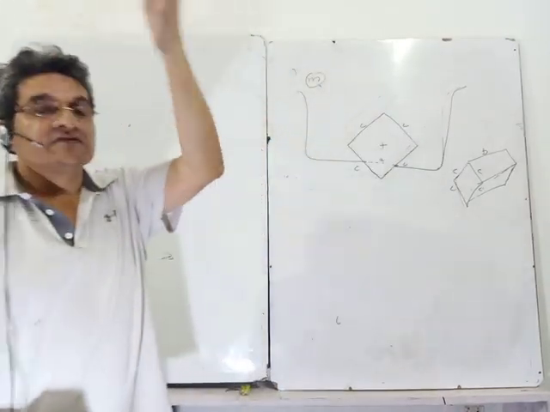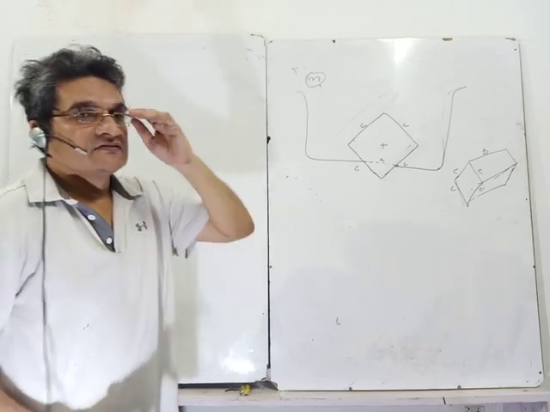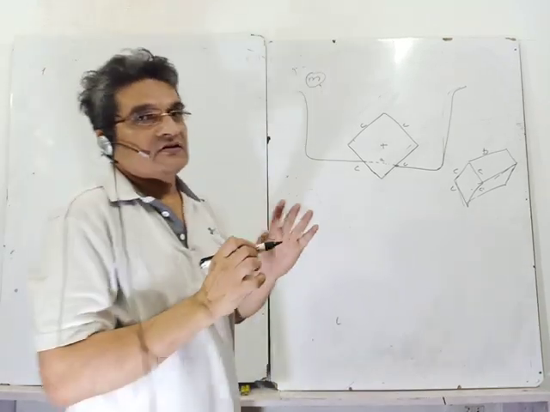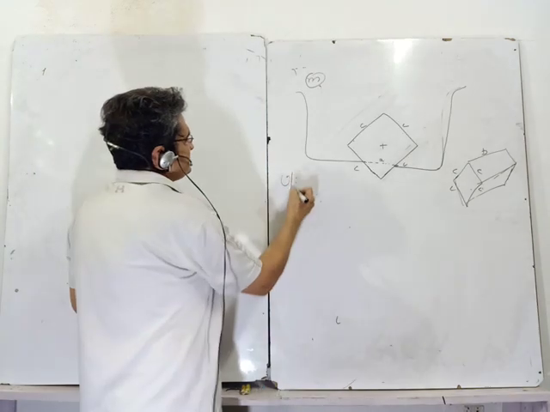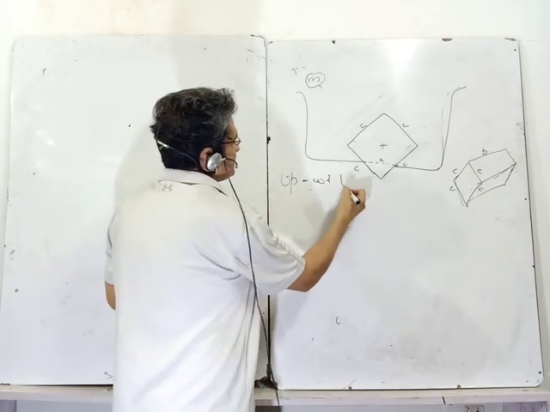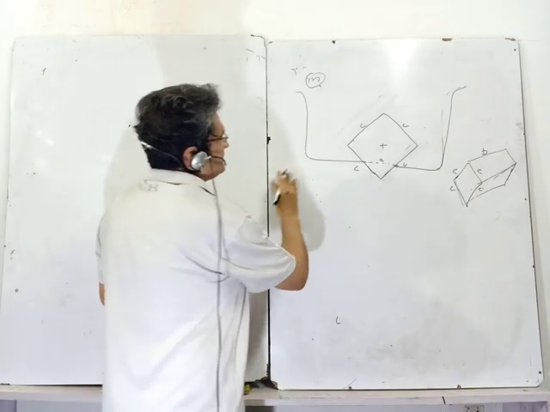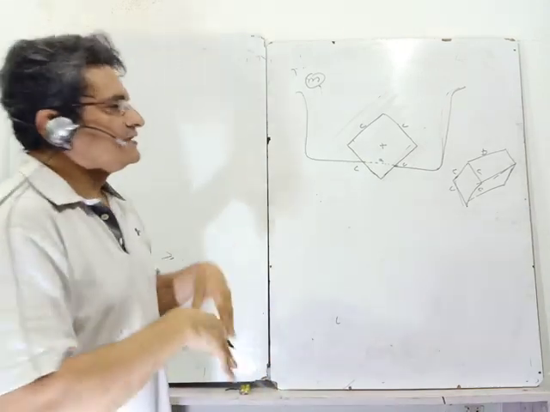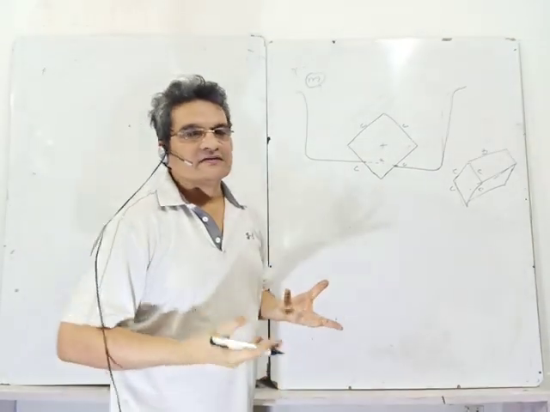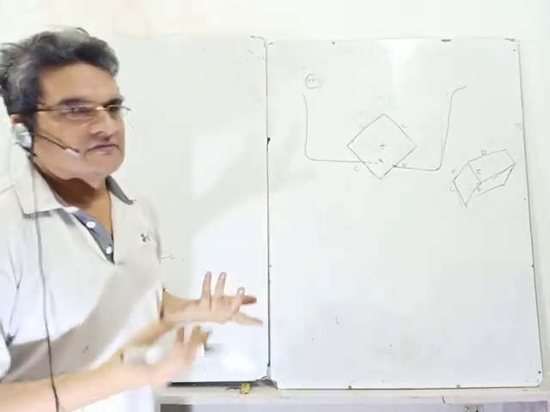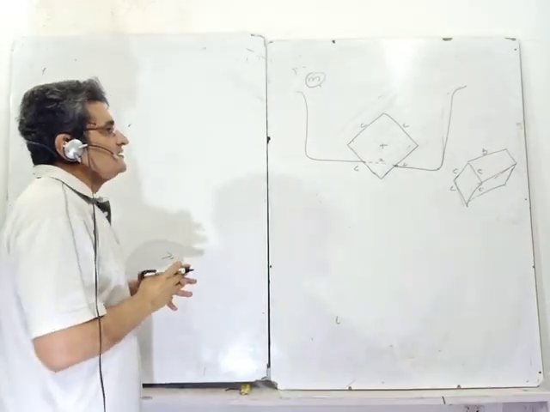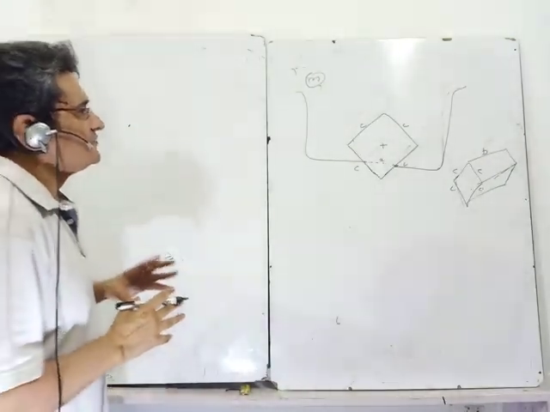Now we know upthrust is the weight of liquid displaced. That is how all of us memorize. And here if I start pouring liquid, I'll just find the weight of liquid displaced, find the upthrust, and equate it to the mass. It becomes easy. But one has to be slightly careful.